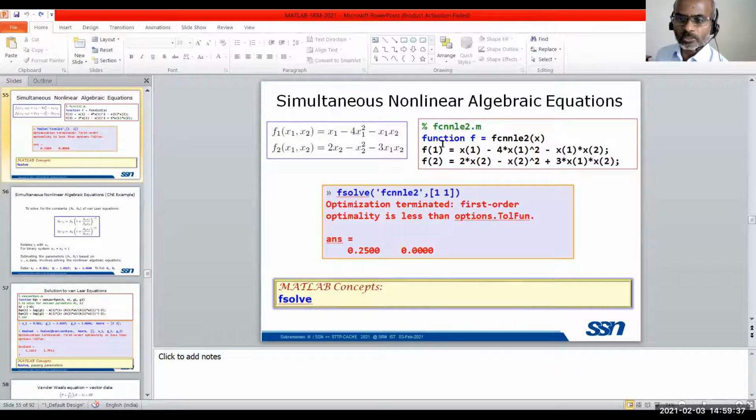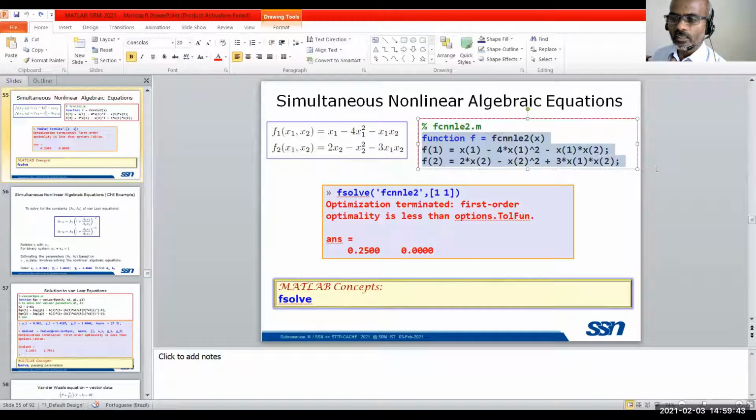Can you try this now? We have these two lines of code. Function f, this f is the output. Of course, f is a vector output because it is f of 1 and f of 2. And simply we pass x as a vector input. X of 1 means x1, like x of 2 is x2. So we need not use x1 and x2 as two separate variables.